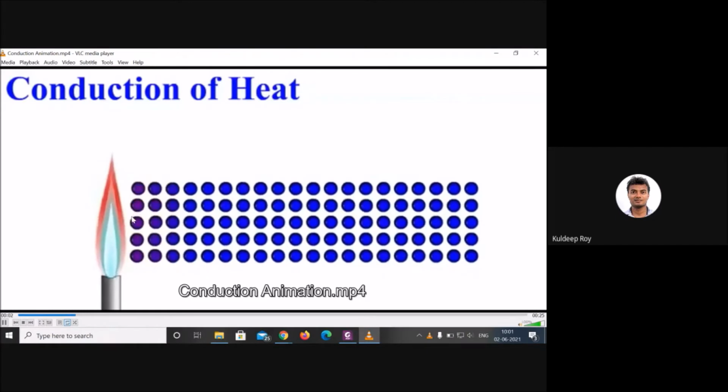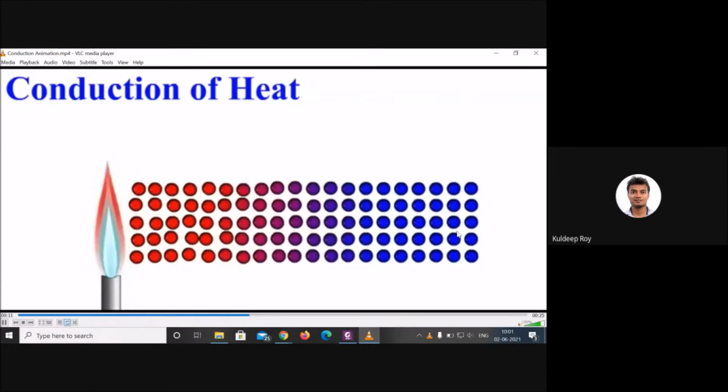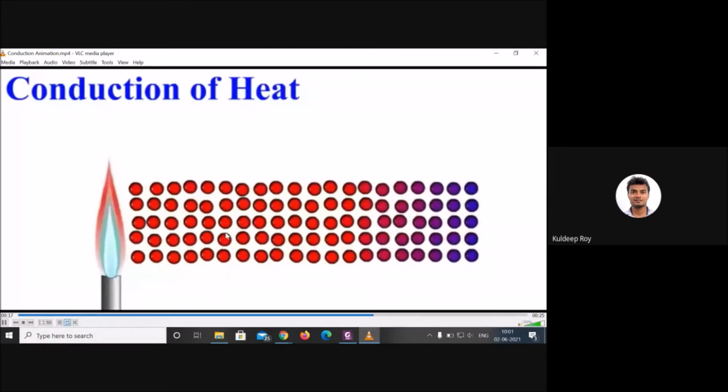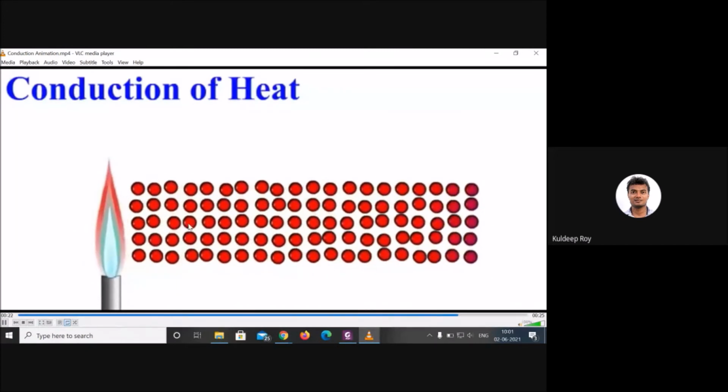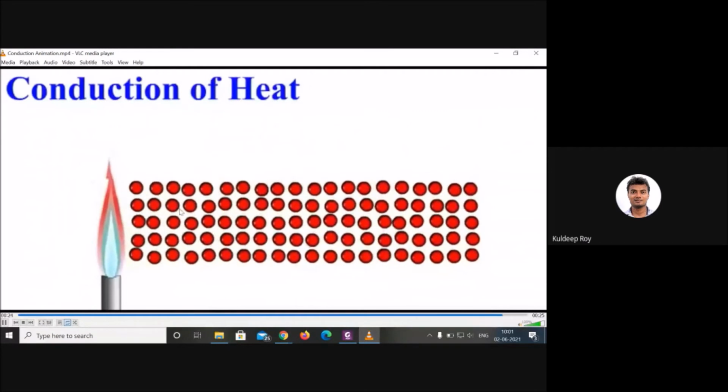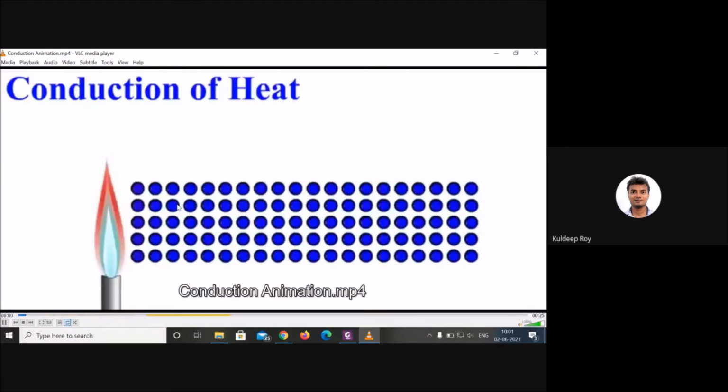Okay, now see once again, it will become red, and now you can see heat is transferring from this position to this position. And you can see the vibration as well. There is a lot of vibration, and it will transmit energy by striking here, each and everywhere. There will be some kind of strike, or you can say vibration. It will help in the transfer of energy. Now this is called conduction.